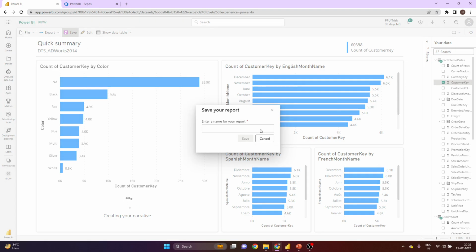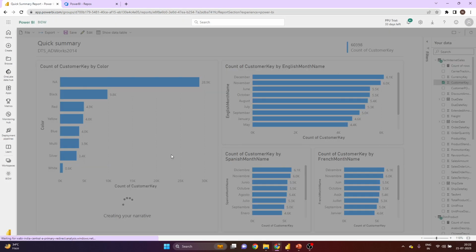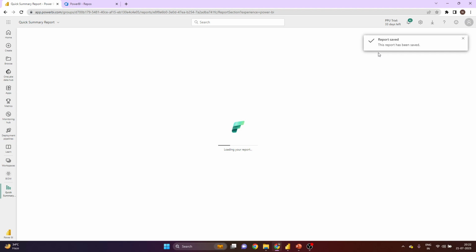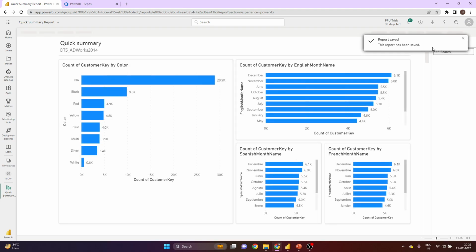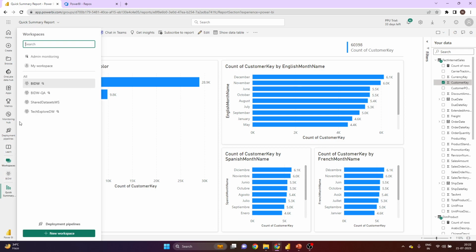Okay, let me try to save the report. I'll put in a name, quick summary report, and choose the workspace in which I want to save it. Let me hit the save button and see whether it works. The report has been saved successfully. The narrative is not there, but let it be, don't worry about that. Our report has been created, and now if we go back to the workspace quickly,